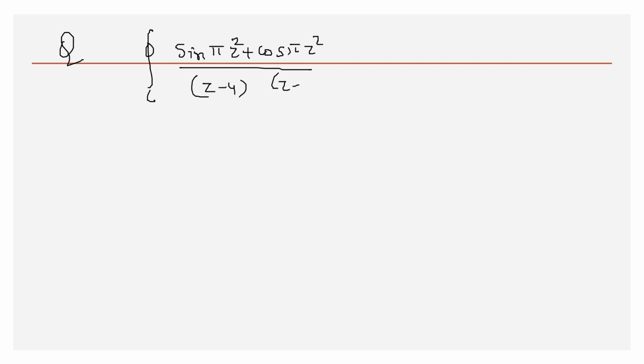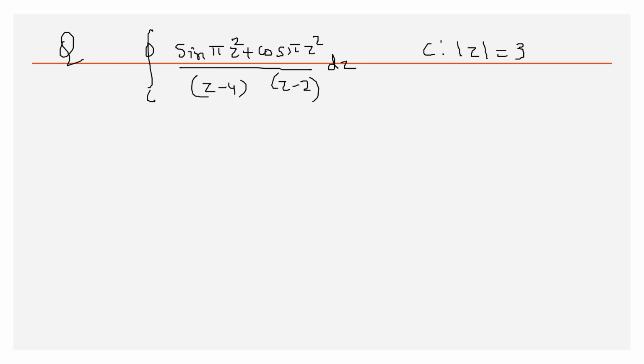Okay, let's say a question is given that evaluate the integral of (sin pi z squared plus cos pi z squared) divided by (z minus 4)(z minus 2) dz, where the circle is defined as